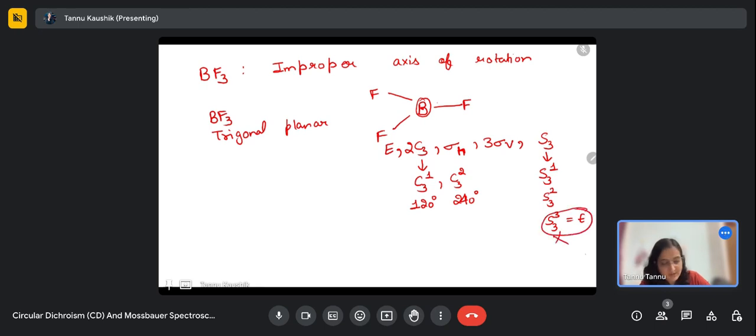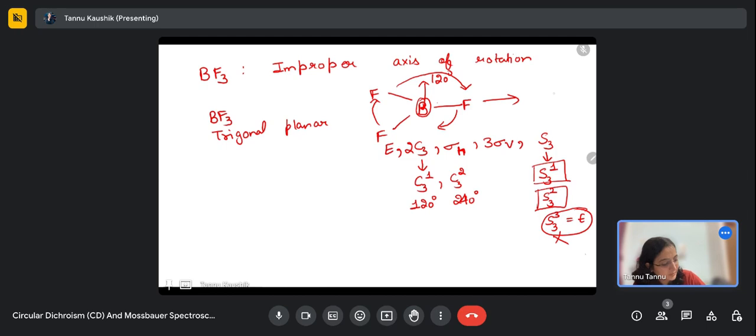So this we don't have to consider. We have these two improper axes of rotation because if we rotate this molecule at a 120-degree angle, that is clockwise,